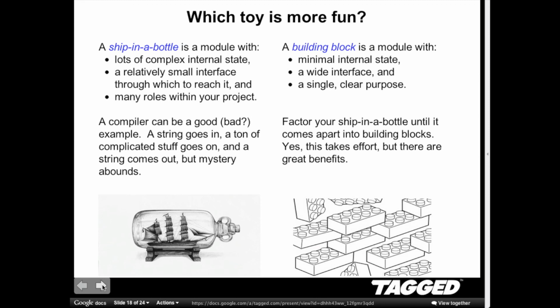How would you manage, even with perfect white box knowledge, to get at every little nook and cranny of the ship when you can just reach to that tiny little neck with tweezers? Right? You should be thinking in terms of Legos. You want your pieces to be all one color, homogeneous, almost entirely made up of their interface. That's your best shot at reuse, it's your best shot at testing, it's your best shot at not winding up